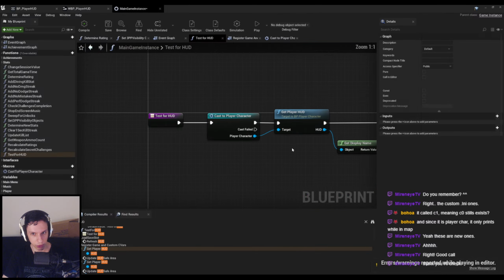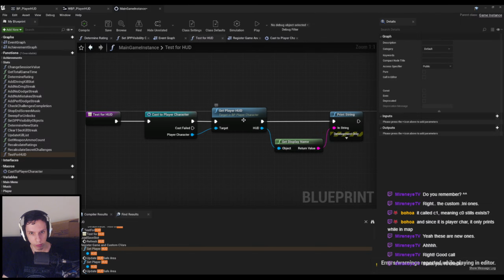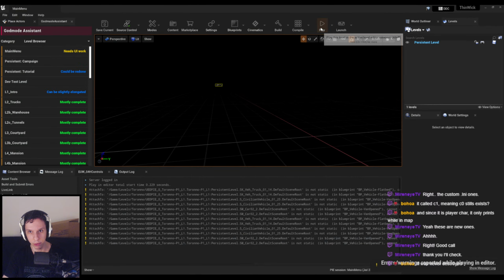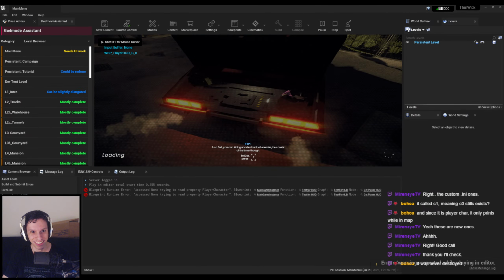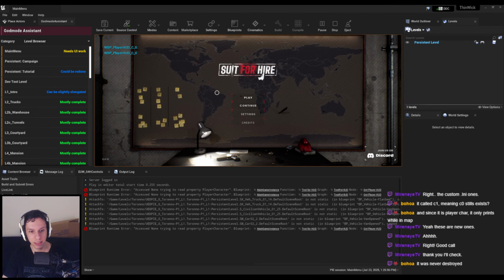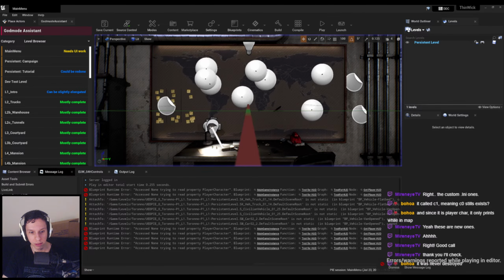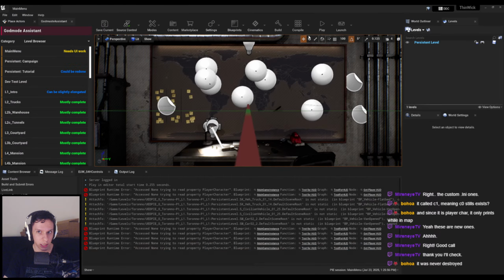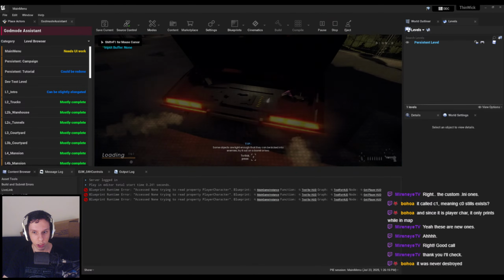Yeah, let's change this test for HUD. I don't think that'll work. I don't think get player HUD's gonna work there. But I did see that it becomes C_1. Now I think that's just regular Unreal stuff, but